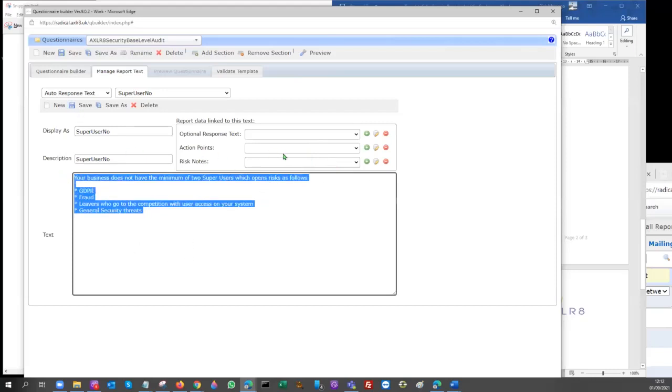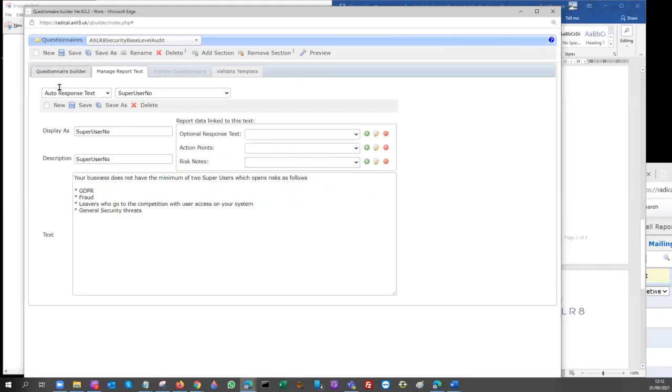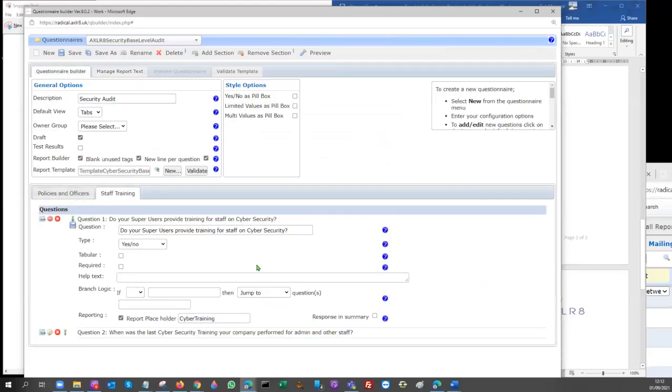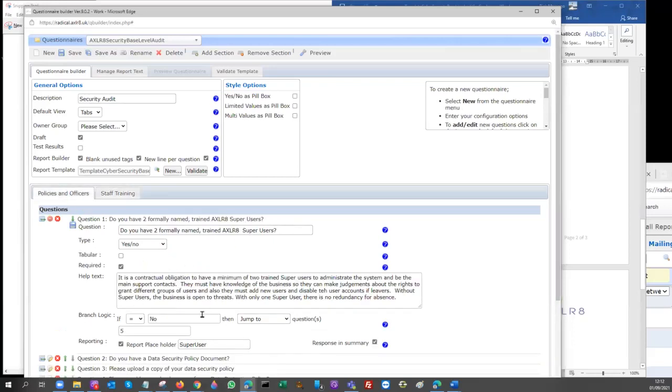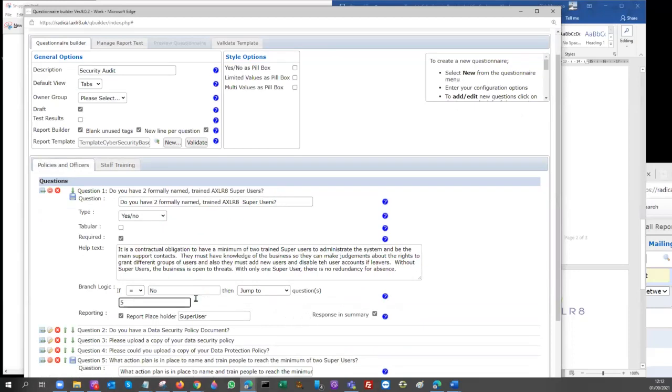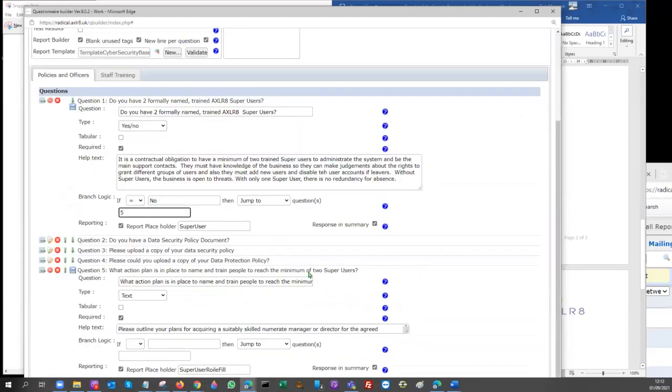So for example, an action point, if in question 1, an action point that is, because you've said no, we don't have any super users, you would then, let's say, jump to, whoops, there we go. You would then jump to question 5, and question 5 is basically, what are you going to do about it? And then you could replace all of that text, that super user role fill, probably need to spell that right, role fill,